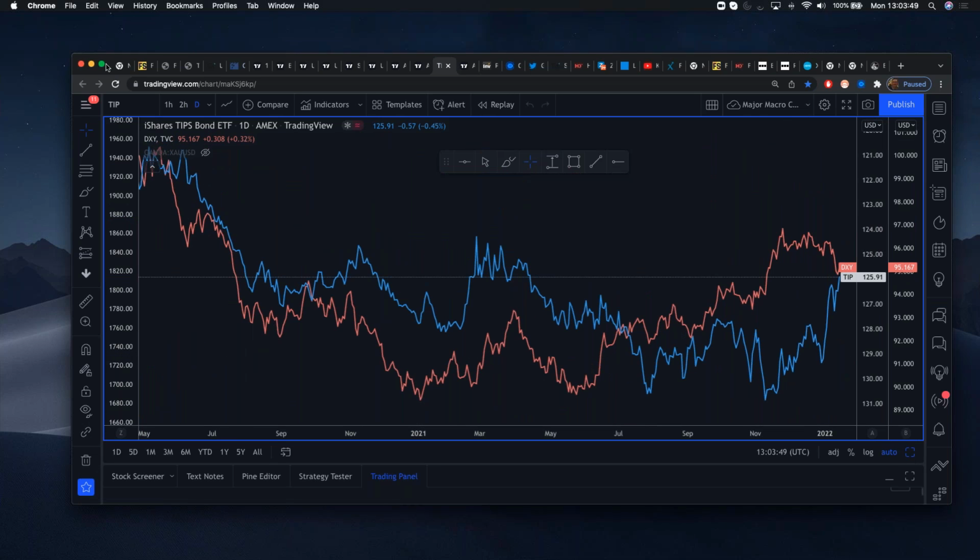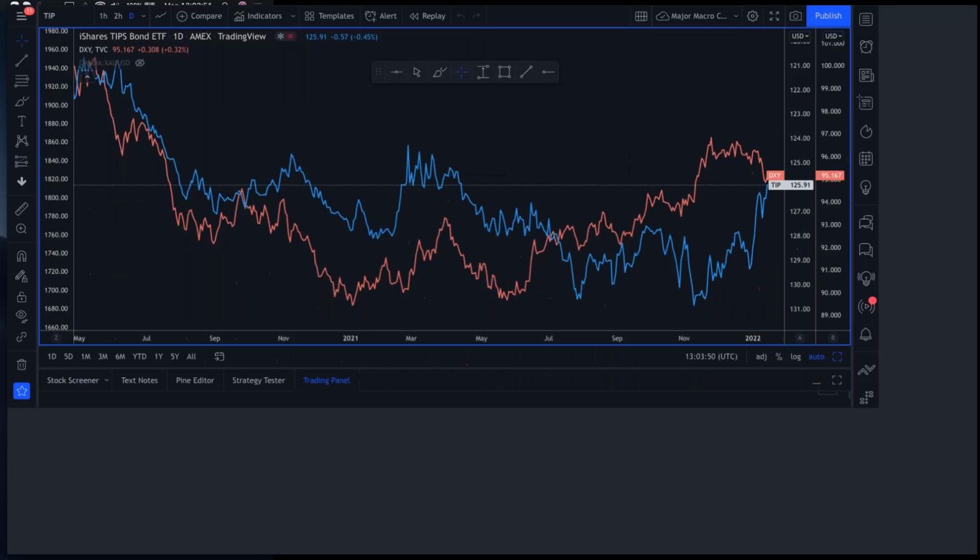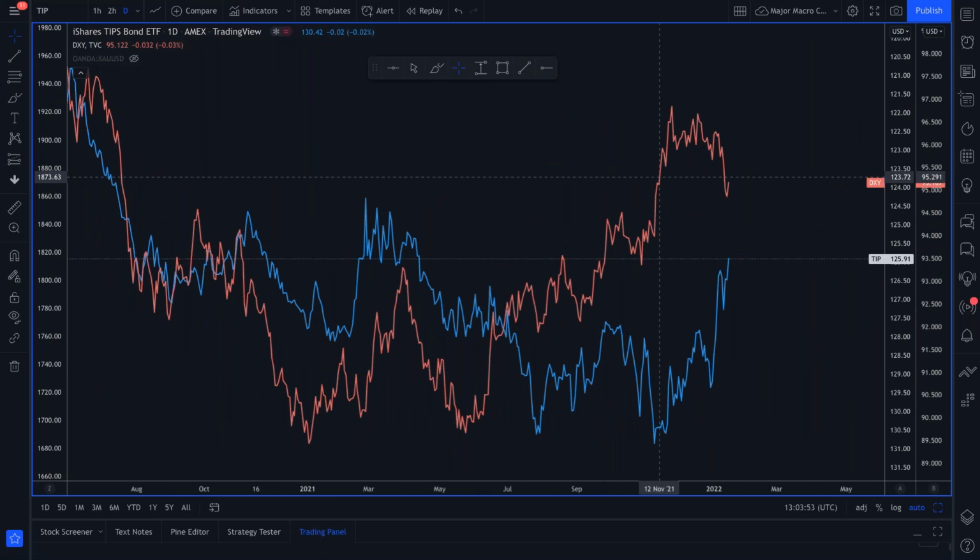What's impacting gold, right, is the dollar and real yield. So I've got TIPS here, which is a proxy for real yields. And you see how real yields are pushing higher. Now that is nominal bond yields minus inflation expectations to get the real yields. Nominal bond yields is like your US 10 years, your US 1, 2 years. Your inflation expectations is how high inflation is expected to be, your breakeven 5, 10-year inflation levels, right?